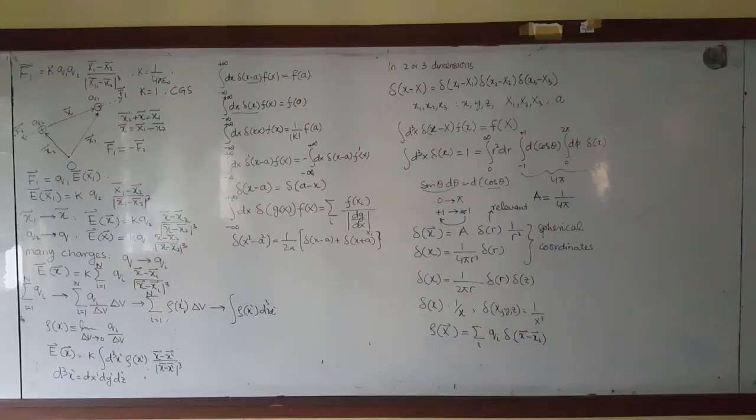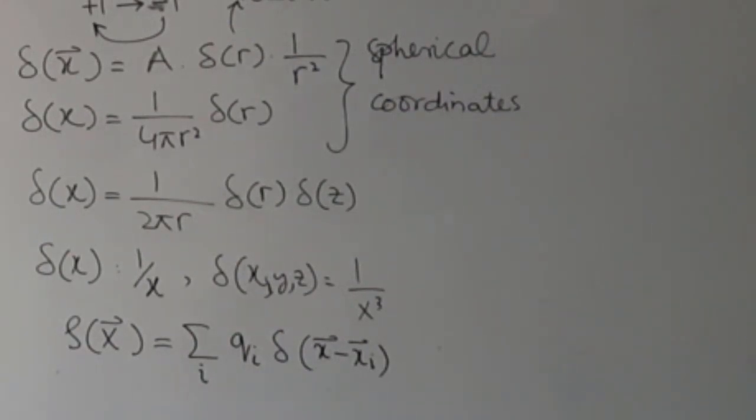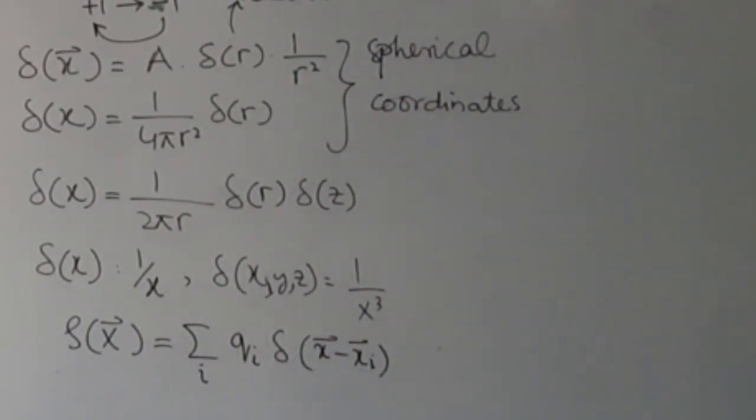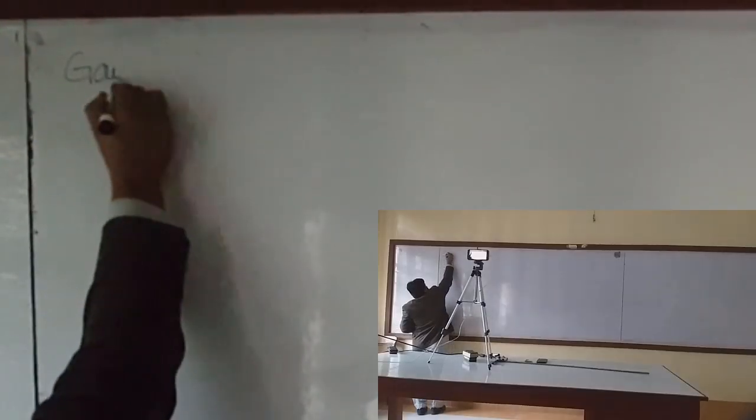Writing charge density in terms of delta function. Because it is this delta function which will pick one point charge from this continuous distribution of charges. Clear? Or from the cluster of charges, you can pick one charge. It's a point charge, so a point function is required for it. So now we start with the